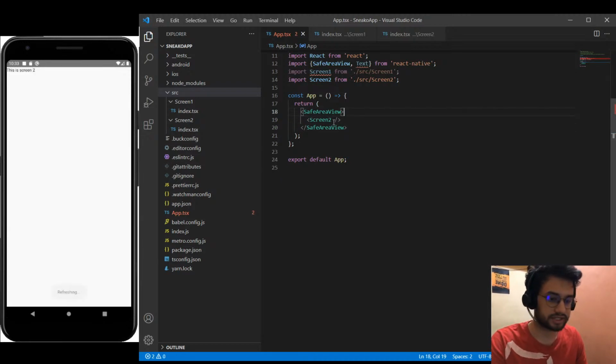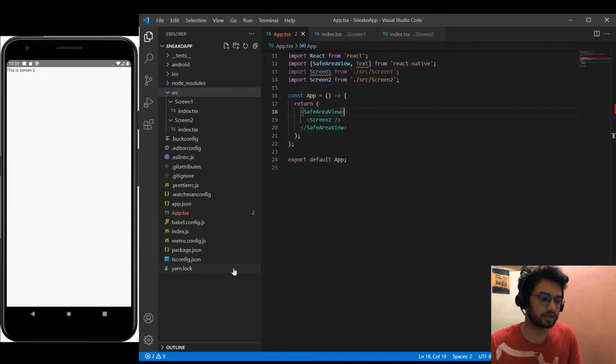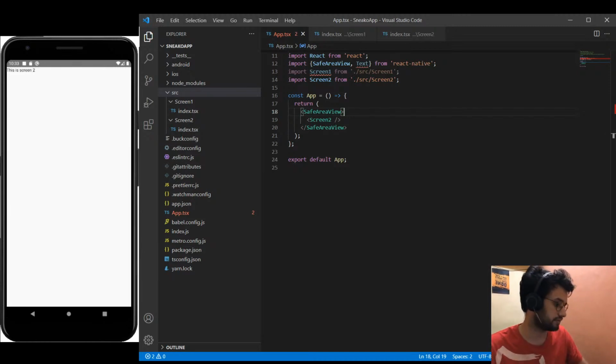And if I do save, this is screen two. So we have two screens ready. So now our next part of the problem is when we click something, it has to go to the next screen. If we click something, it has to come to that screen. So yeah, how are we going to do that? To do that, we will now be referring to our